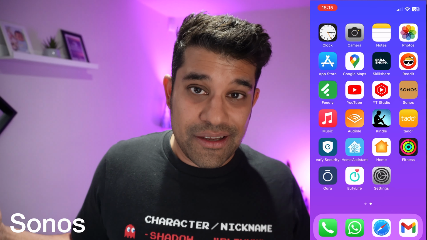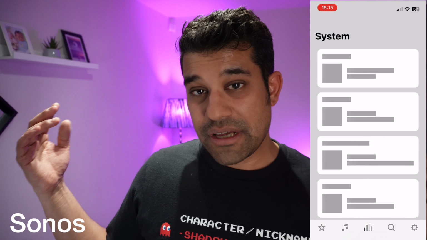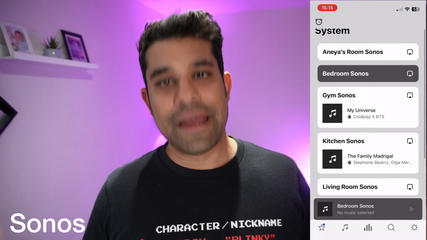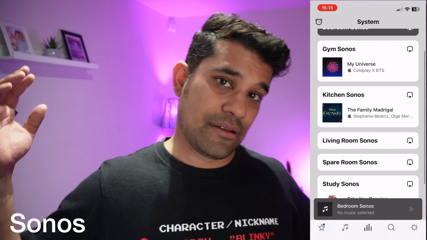On to the Sonos app. Another addiction of mine is music, and having music all around the house and speakers all around the house is amazing. Basically, it means I can listen everywhere and anywhere in the house and have the same music playing everywhere if I want to. I think I'm up to 14 speakers now, from the Arc in the living room to